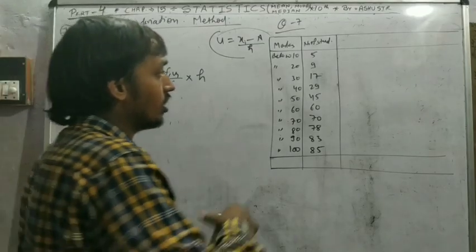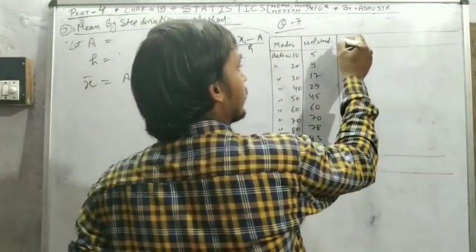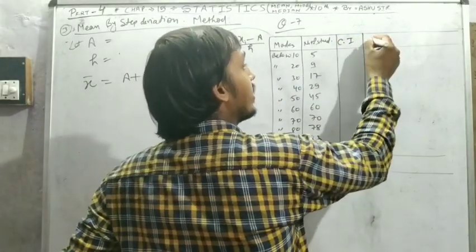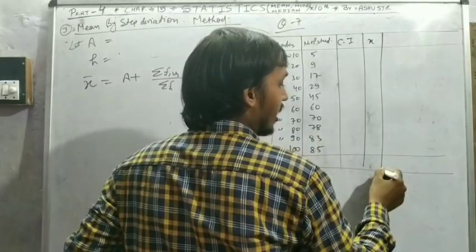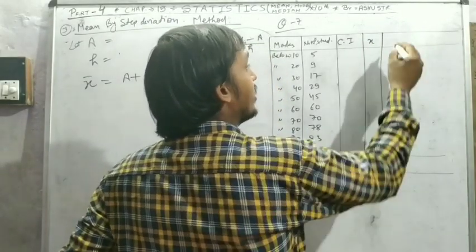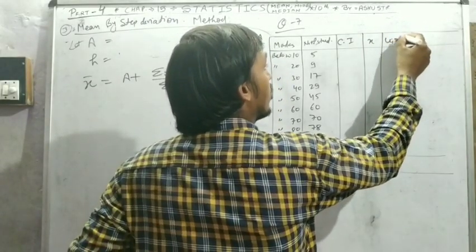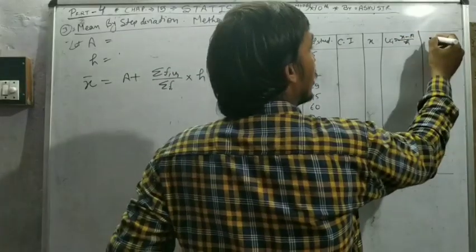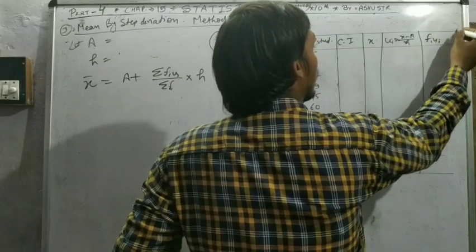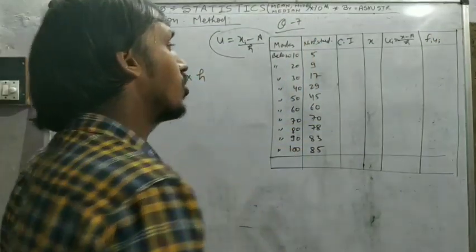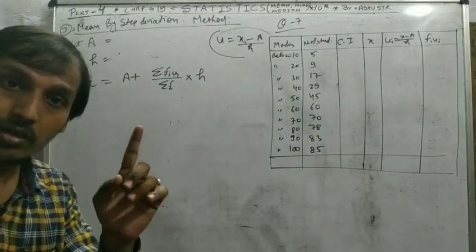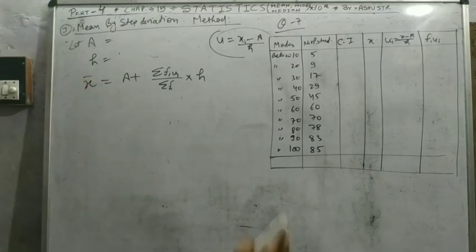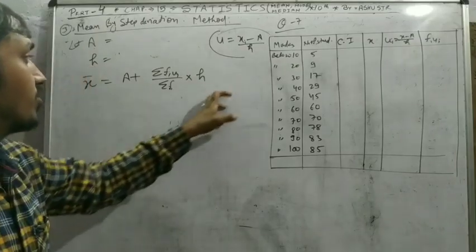So firstly, here the class interval is not given, find the class interval. Also x is not given, find x. Then you find u, x minus a upon h, and make the table. Then find fu. Means my requirement is fulfilled in the table, because we only make one table for one question. So the requirement is fulfilled for the given formula.